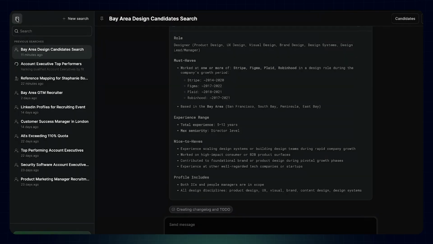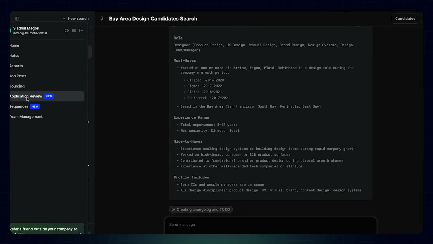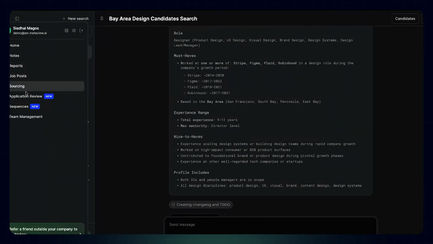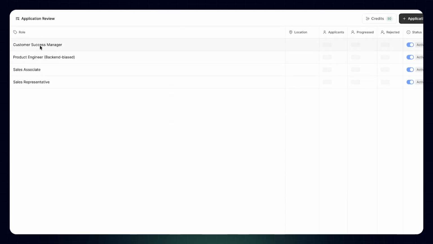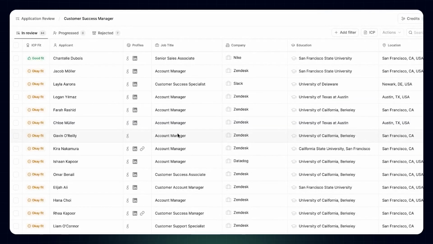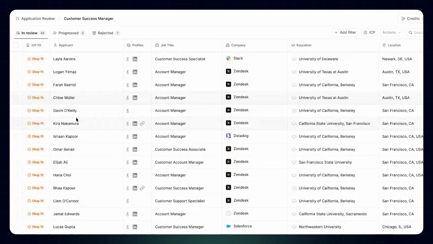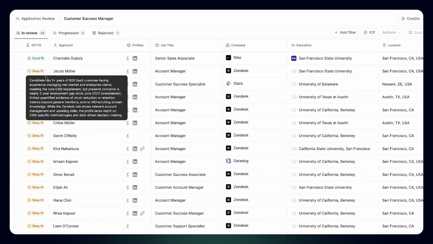So now what we're launching very soon is the ability to use this same ICP, this same description of what good looks like, to run over your applicants as well. Essentially, it will take this same document. You've done all this work to get the AI familiar with what good looks like for sourcing. It will then say to you, hey, I've used this same ICP. You can see it is here. It's the ICP, I can edit it if I want to. But now it's actually going through my list of applicants and letting me know how these applicants fit against that same ICP you said you were sourcing for.